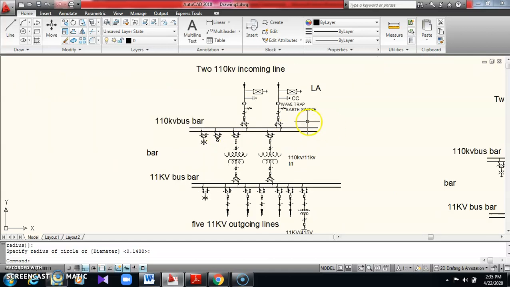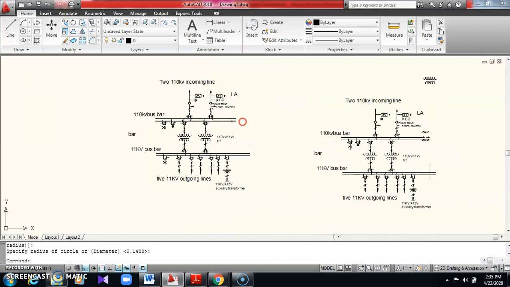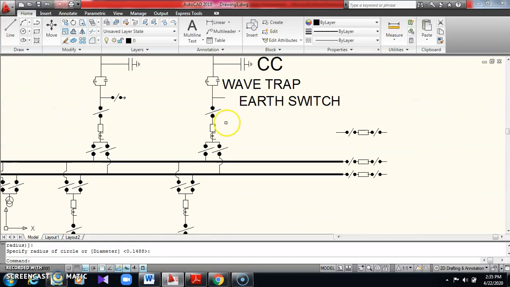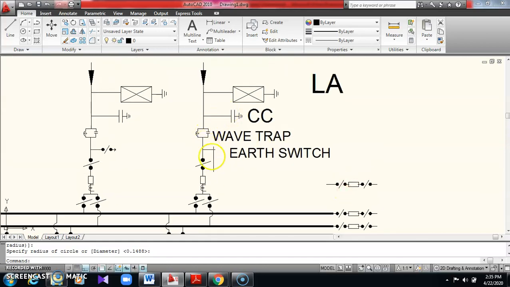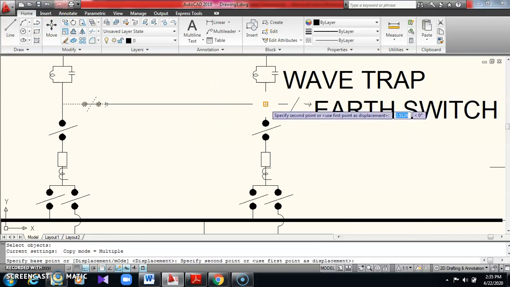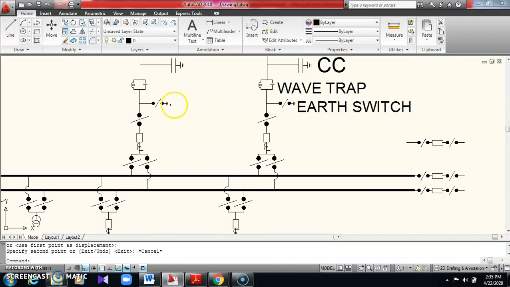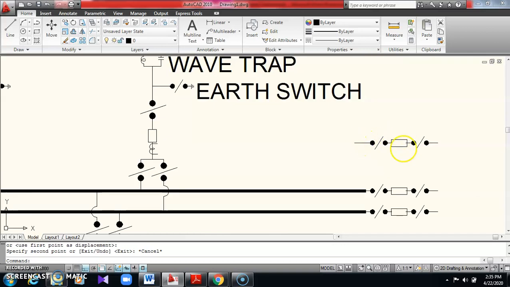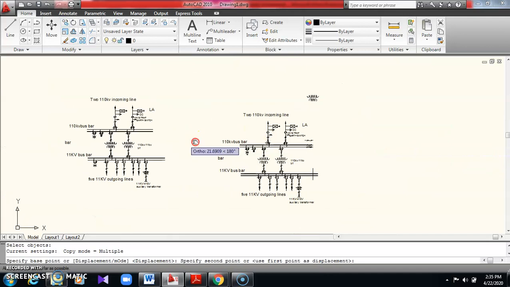Okay, so in this diagram, I have still not provided the bus coupler. So in the same thing, I copy pasted over here, and then this isolator I have redrawn. Whatever isolator is there, this is the earth switch, right? This is the earth switch, I just copy pasted actually. Here it's deleted, so I copy paste over here. Same isolator, same earthing arrestor, I just copy pasted over here. I copied and drew the circuit breaker, and the same thing I'll copy paste. I'll copy this, same thing.